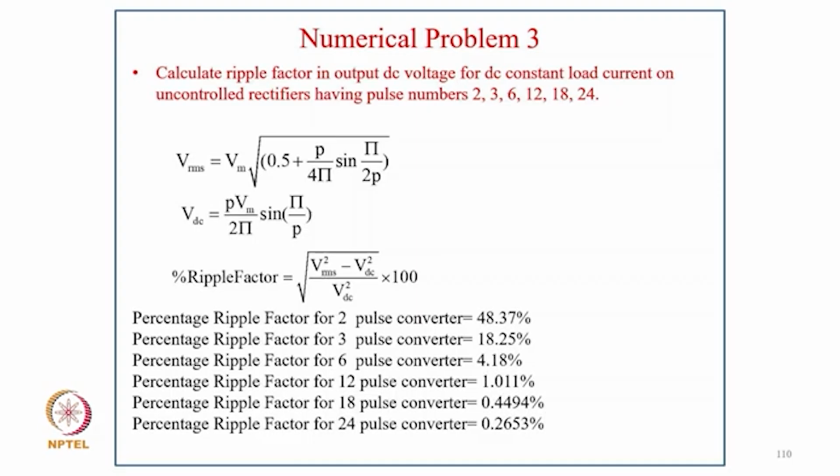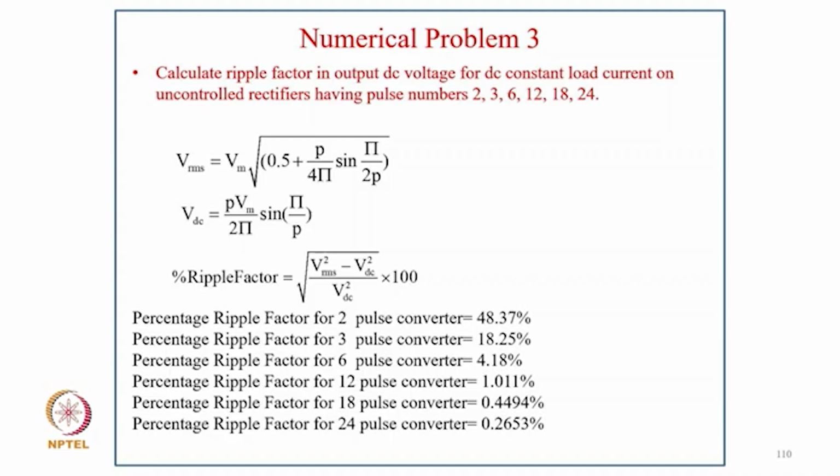Now coming to numerical problem 3, we calculate the ripple factor in the DC voltage for constant DC load current. So Vrms equal to Vm in bracket 0.5 plus P upon 4 pi sin pi by P, and VDC equal to P Vm upon 2 pi sin pi by P, and ripple factor is under root (Vrms minus VDC) square upon VDC into 100. So your percentage ripple for 2 pulse becomes 48.37%, ripple factor for 3 pulse converter 18.26, and